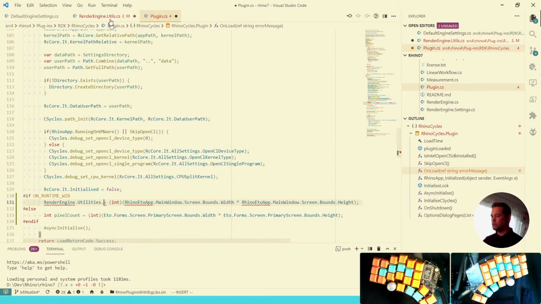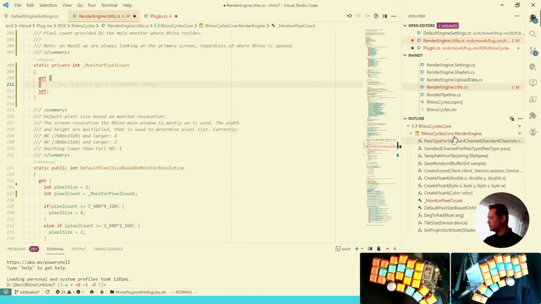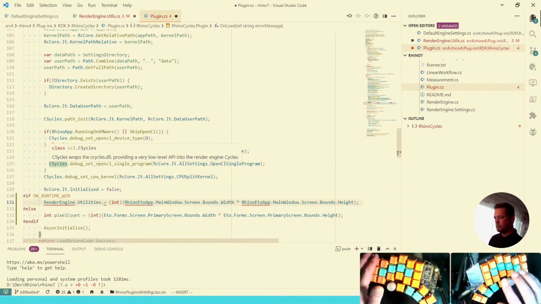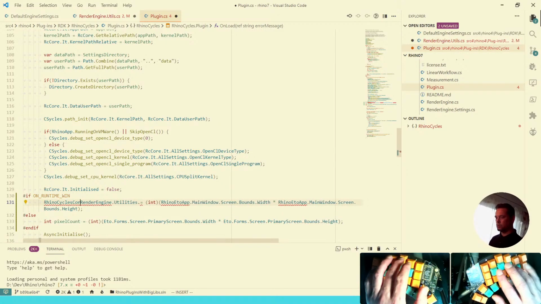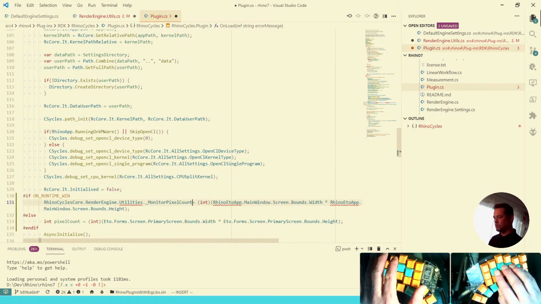How is that going to work? Let me check. Also, it's on the RhinoCycles core. RhinoCycles core dot render engine utilities dot monitor pixel count,